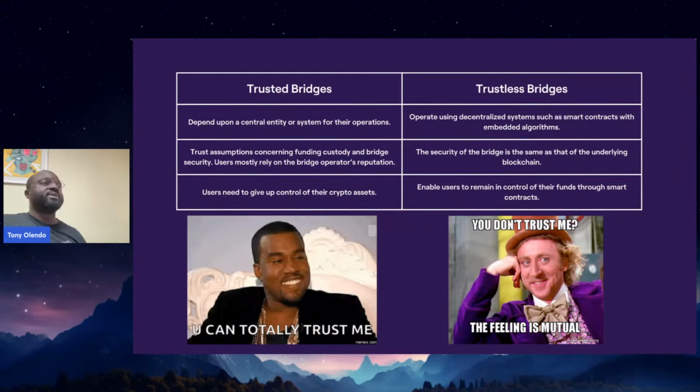But there are two types of bridges, and you have to consider what that looks like. And so trusted bridges essentially depend upon a centralized entity and system for their operations. They have trust assumptions concerning the funding, custody and bridge security. So a user mostly has to rely on the bridge operator's reputation, and users need to give up control of their crypto assets. And so trusted bridges are solutions you could think of like Layer Zero, LxLy, and various